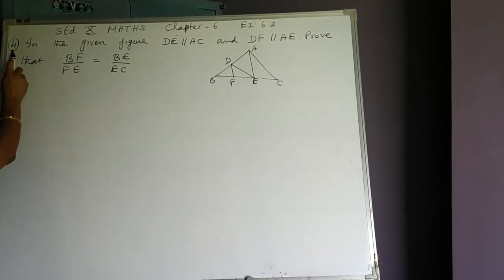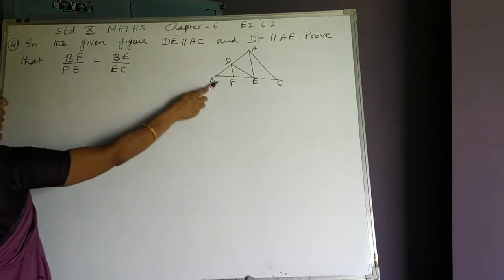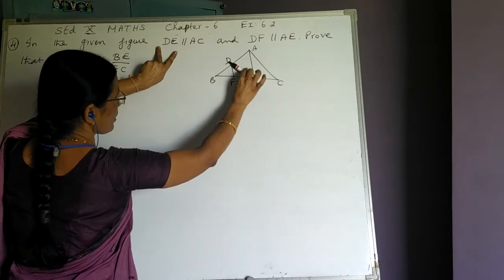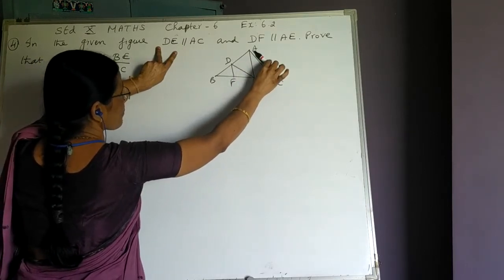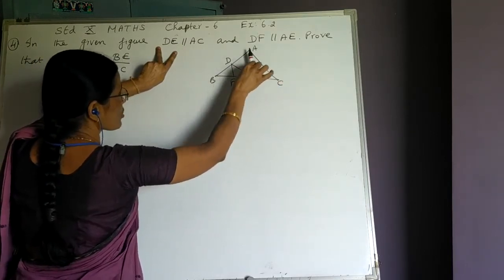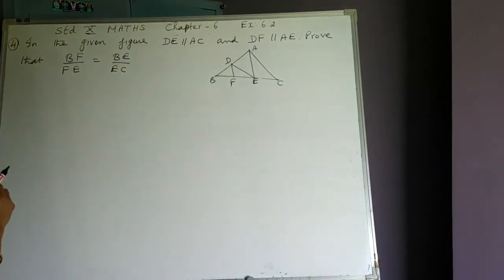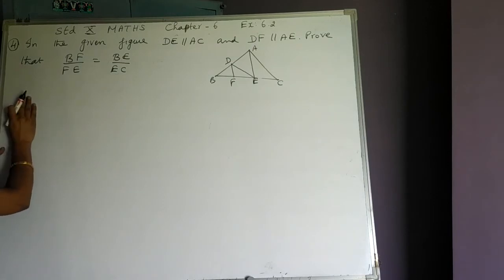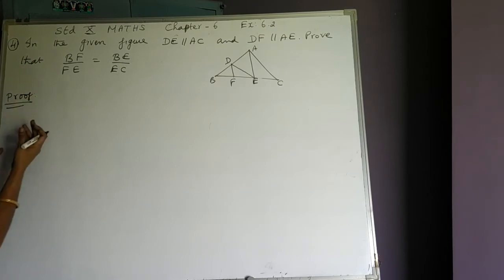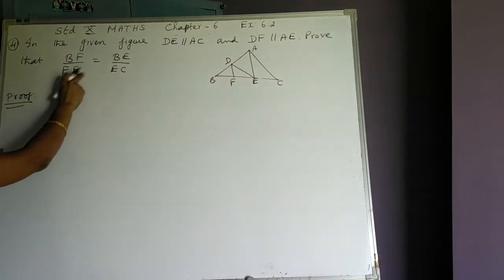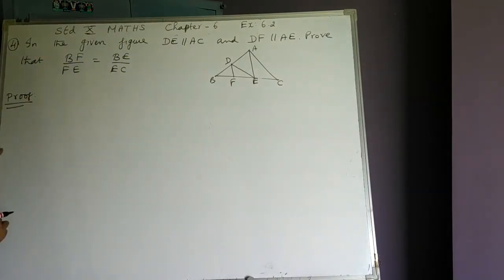Here we are with the fourth question. In the given figure, DE is drawn parallel to AC. And DF is drawn parallel to AE. Using this, we are supposed to prove this result. So as before, you can write given and to prove. That I am not going to write. Directly I start with the proof section. Because given is the condition provided. Prove that is what? The question which is asked. So that can be filled by yourself.